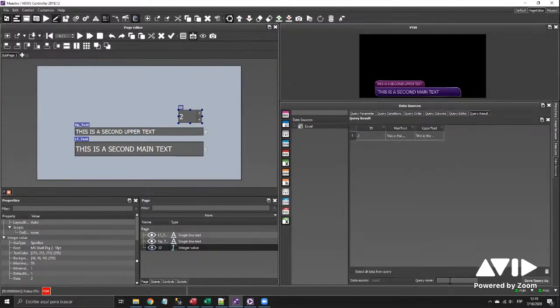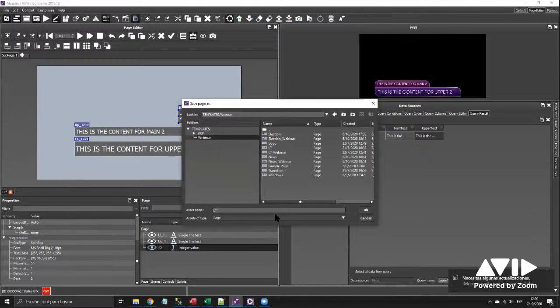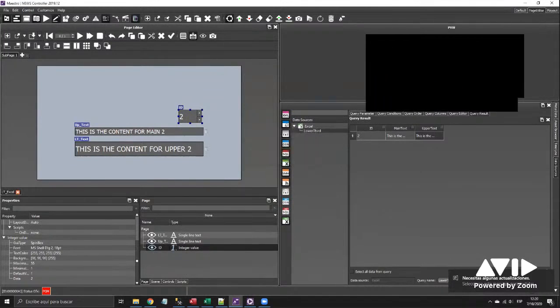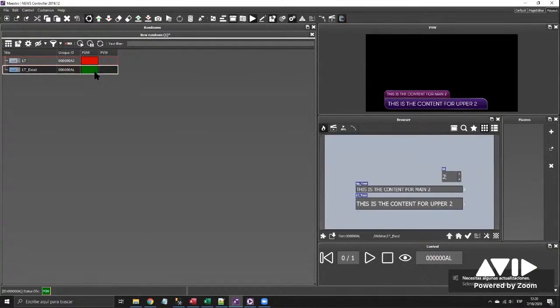I will save this as lower third. Remember, you need to save the query after you build it in order to use it in the page. I will save it. And then I will drag and drop this in here. And I will drag and drop this in here. And I will save this page as lower third Excel with a different ID. Now, if I go to the layout, I have the same page connected to two different